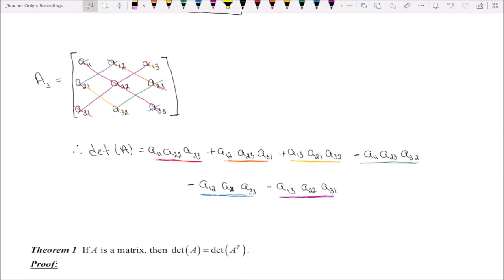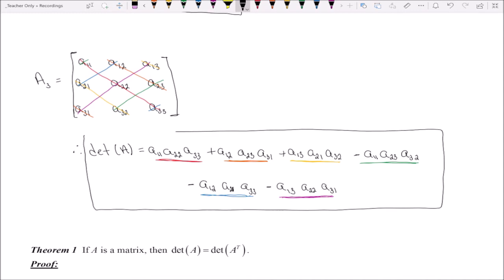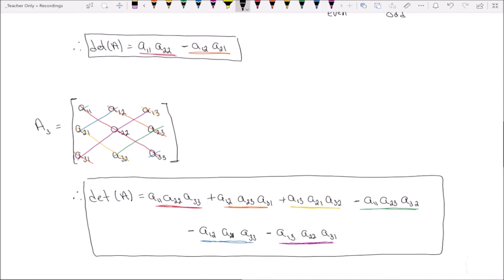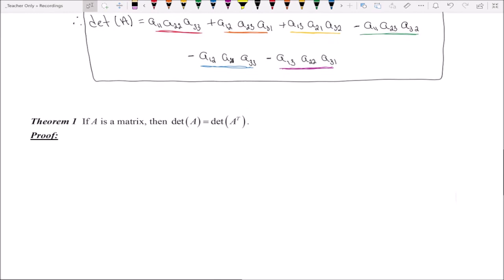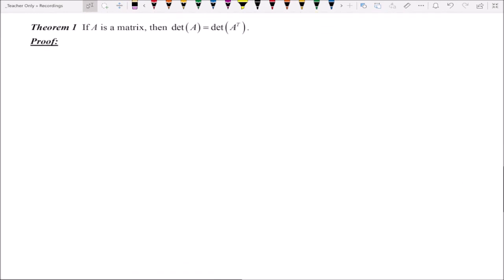So this is our formula then for the determinant of a 3 by 3 matrix. We will end by looking at two properties. First, if A is a matrix, then the determinant of A is equal to the determinant of A transpose. So if you transpose a matrix, you do not change its determinant. So to prove this,